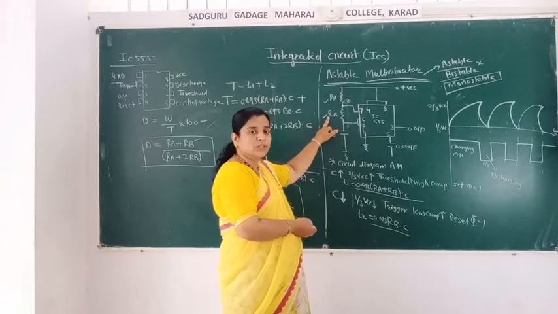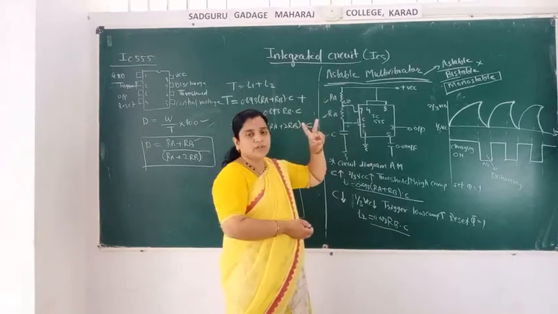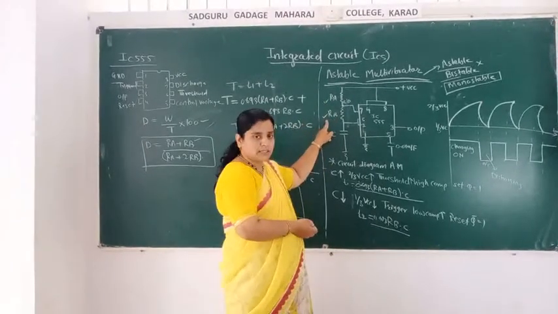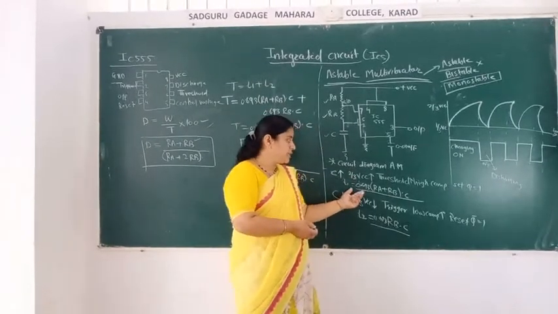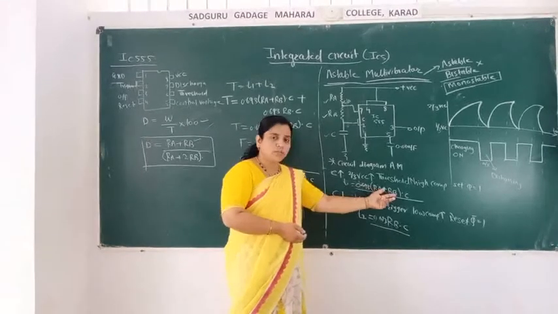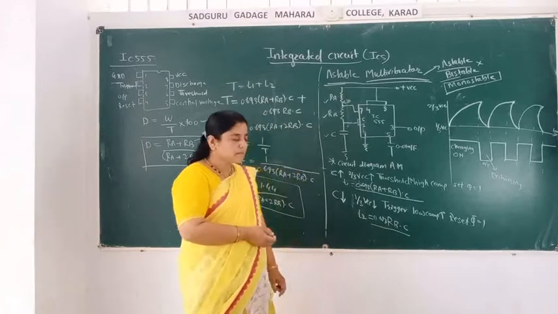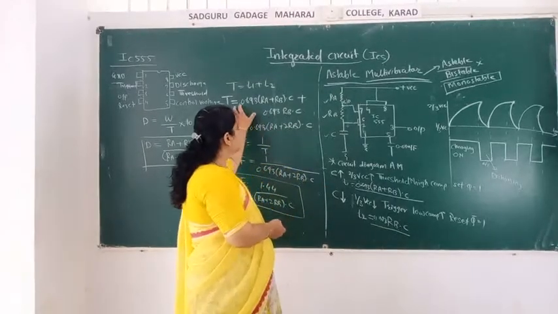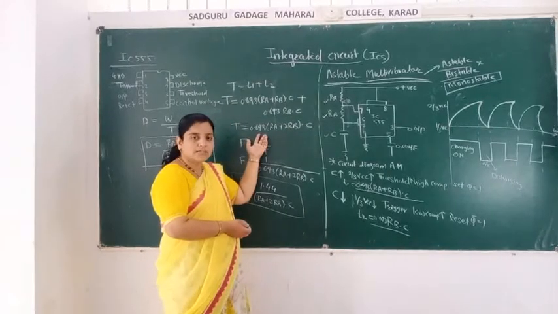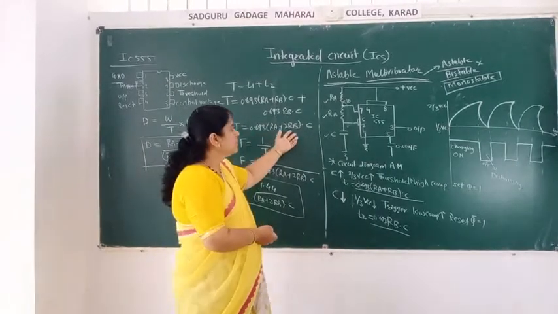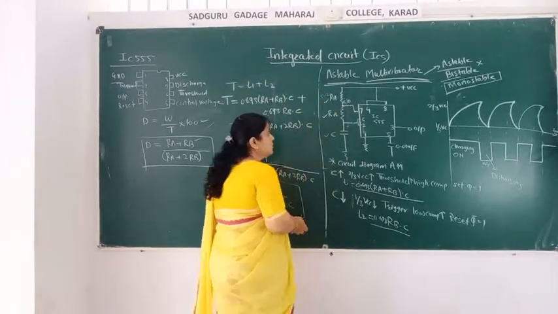So, charging and discharging of the capacitor. Charging of the capacitor depends on both resistors, but discharging of the capacitor depends only on the resistor RB. So it is indicated with individual times, that is T1 is equal to 0.693 (RA plus RB) into C, and T2 is equal to 0.693 RB into C. If we take the total time, then we get 0.693 as the constant value, for whatever values of RA and RB are taken. If we are taking 5 kilo ohm here, any values that we are taking.